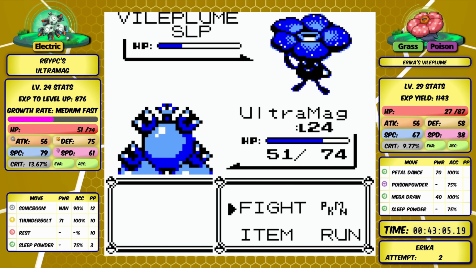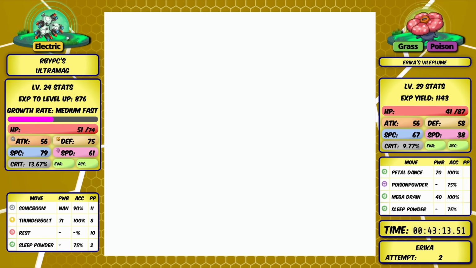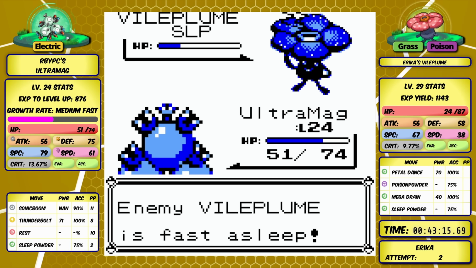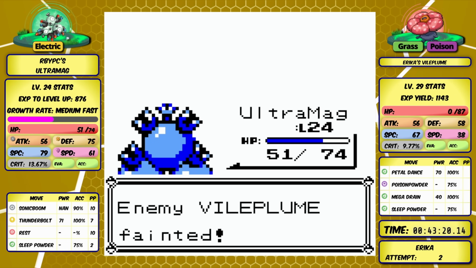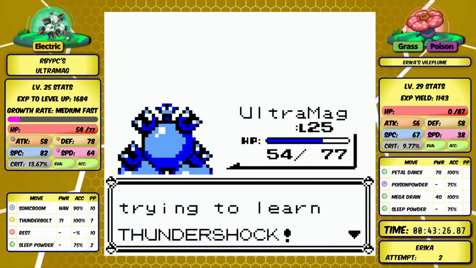Oh, it's actually a 5-hitter, and she Super Potions at the end. Still, we get Vileplume back to sleep. Thunderbolt is doing a very similar amount of damage, but we managed to get through on this attempt. So coming back after beating Koga, it only took 2 attempts to get through Erica here, and now we get